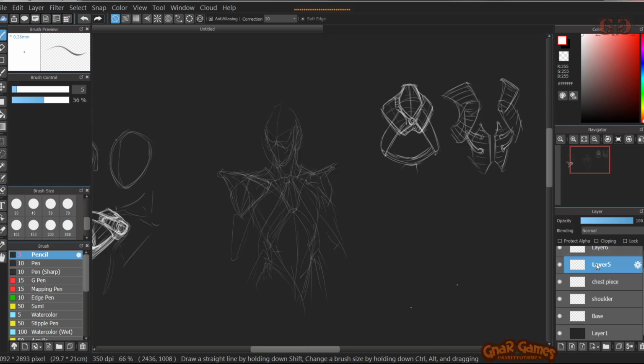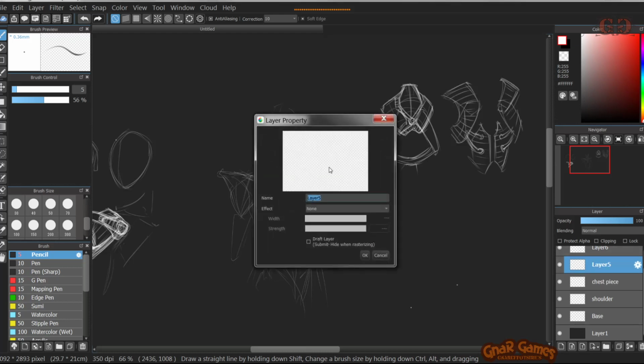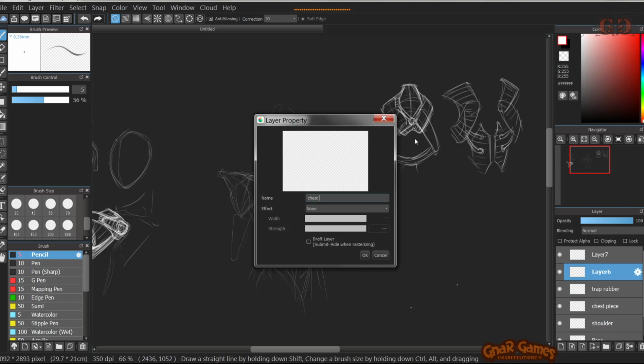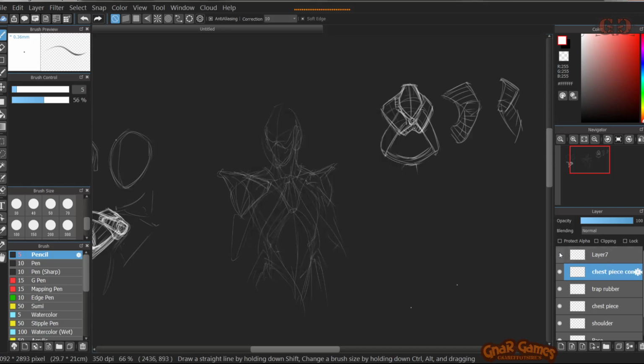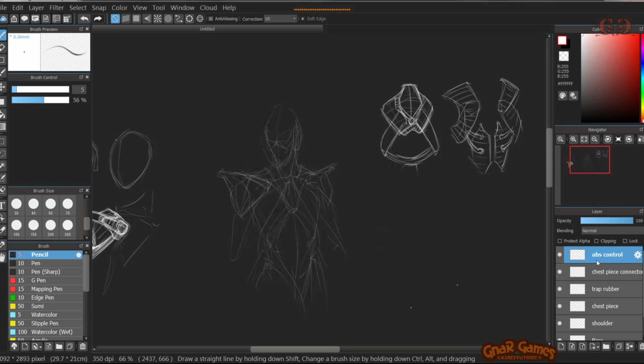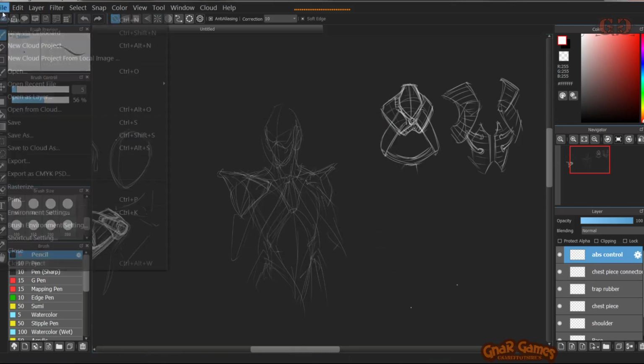Okay. Now we have the strap rubber. Now we have an idea how many pieces we need to make. This is the chest piece connector. And we have the abs control. So for now we have all of these parts. That's just for the upper body. We don't have a neck part yet, so let me save this